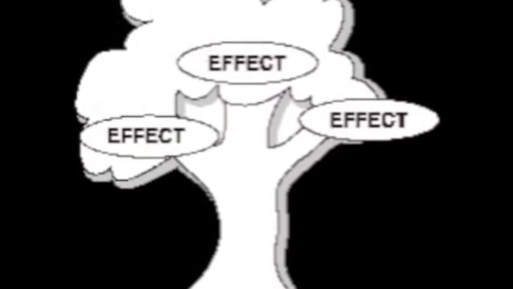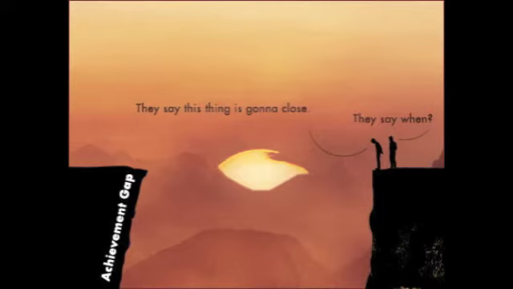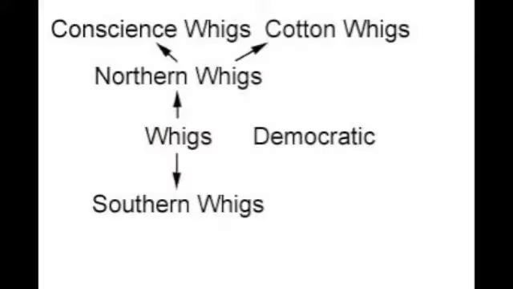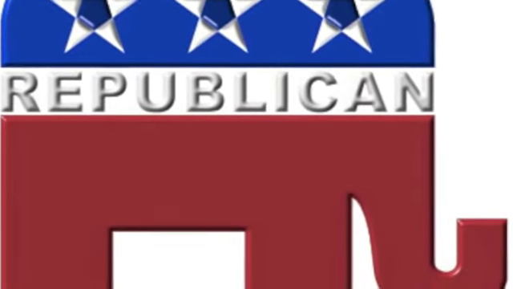Effects of the Act. As a result of this bill passing, we saw yet another obstacle separating the North and South even more. The Whig Party had totally split. Southern Whigs were taken in by the Democrats, and Northern Whigs reorganized themselves as Republicans.